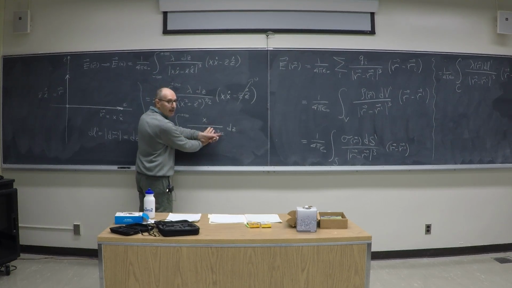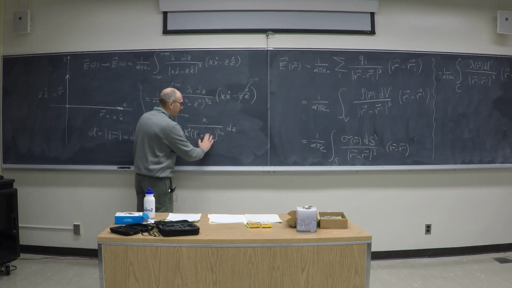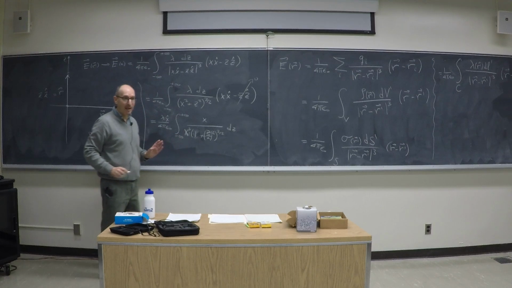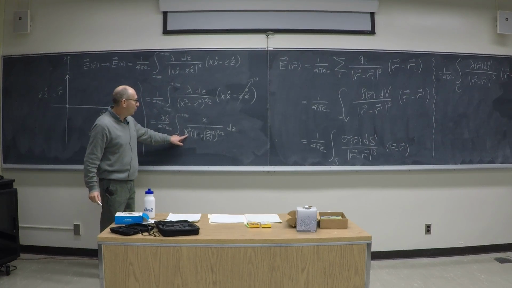X squared, square root x, x cubed. So this x squared to that power is an x cubed. So I'm going to pull it down, out. But then I have to put a 1 there, but this is not right now, because I removed an x squared. So it has to be z over x squared. And it's exactly the same thing that we had before. Okay? Now, this x cubed,